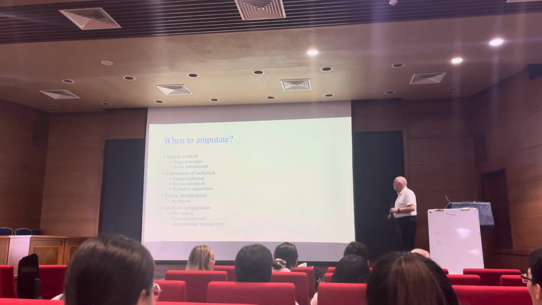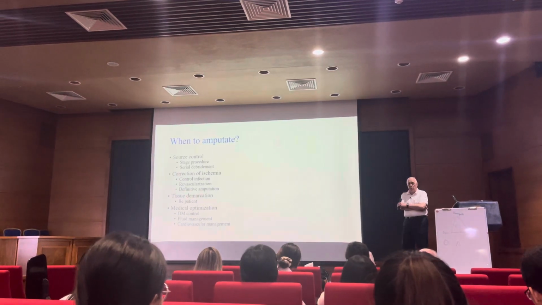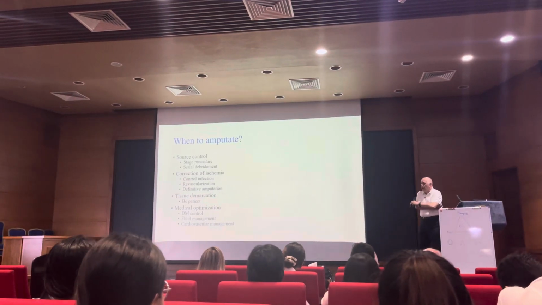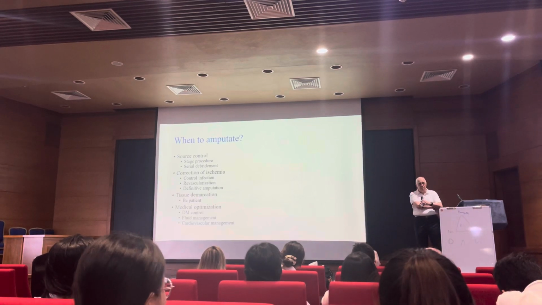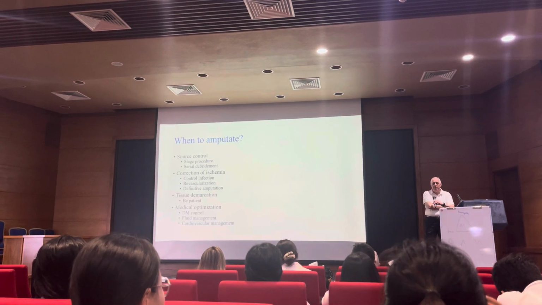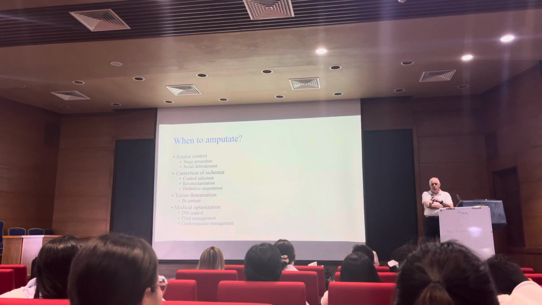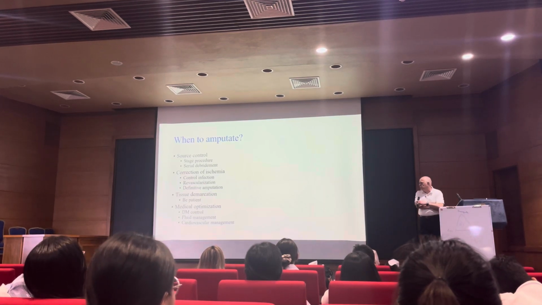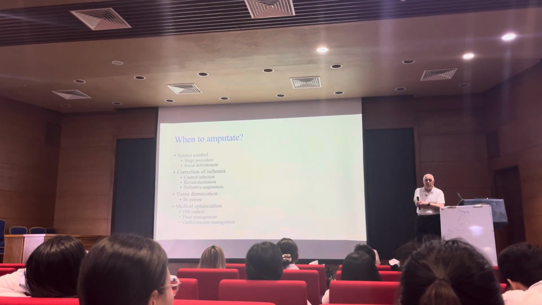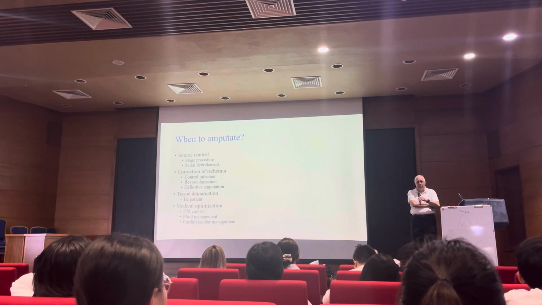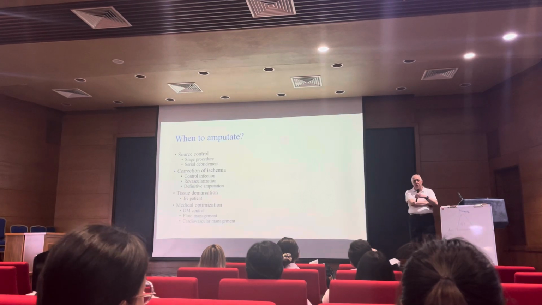Okay, so when do you do the amputation? Well, we talked about the importance of controlling the infection. You know, the patient comes in with a severe infection. First step is to control and get what we refer to as source control. That means remove the toe if you have to, and drain the infection, get rid of the infection.